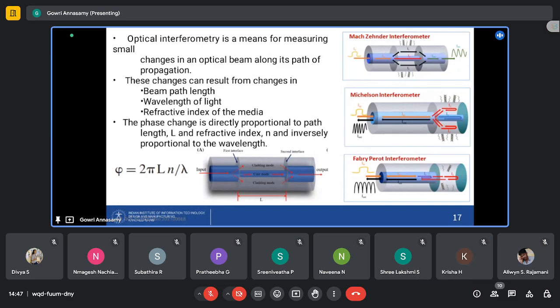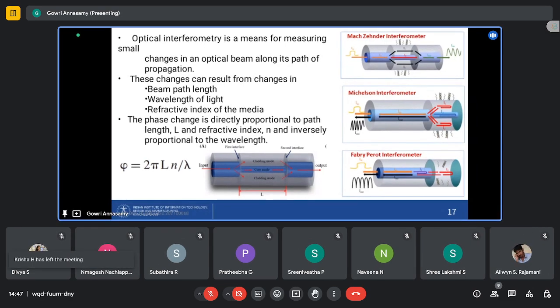a phase change. Whereas in case of Michelson interferometer, we have created two interfaces, and we measure the reflected light by keeping a mirror at the end of the optical fiber. At the distal end, you keep a reflecting surface so that the light will be reflected. So here this is the sensing region. The distal end acts as the sensing region, and we collect the reflected light back, which shows the